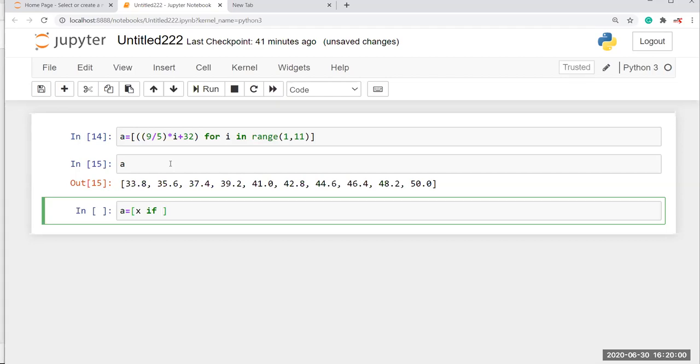Okay, so if x modulus of 2 equal 0, here I am going to print what are the even values and what are the odd values in my input, like in A or in a range function, right? And here you can pass your else statement.